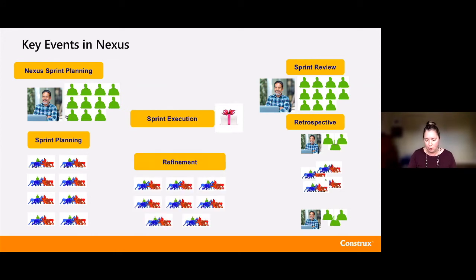And there is also refinement. So the refinement prepares backlog items for sprint planning, looks at dependencies, breaks work down, helps really, again, prepare things to make sure we're ready for sprint planning. The details of this will, again, vary a little bit depending on your situation. Might be everybody for a small part with more breakout sessions. Really, your mileage is going to vary here depending on the team composition and the work composition.